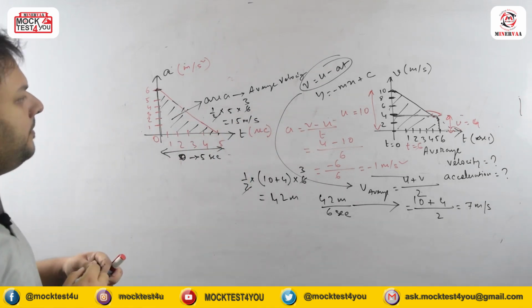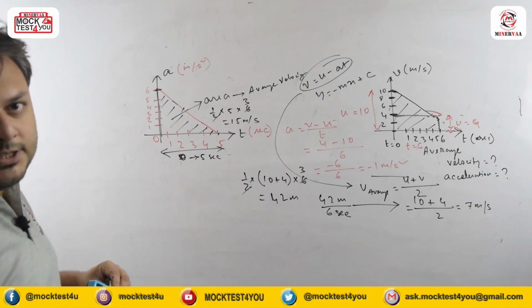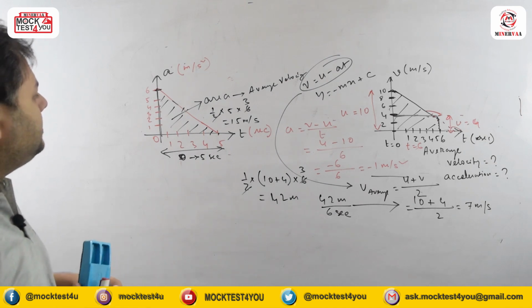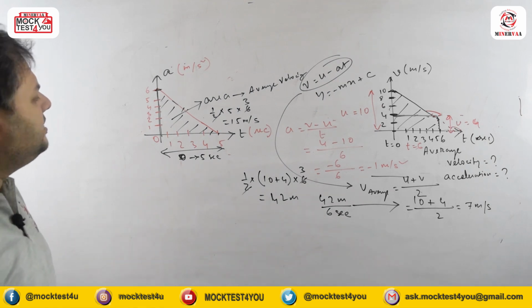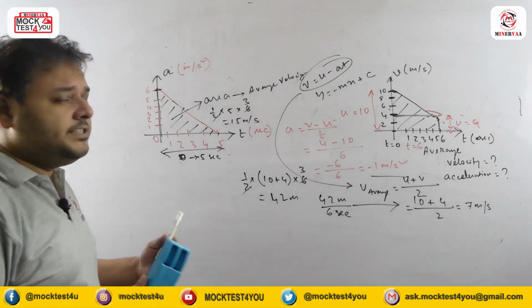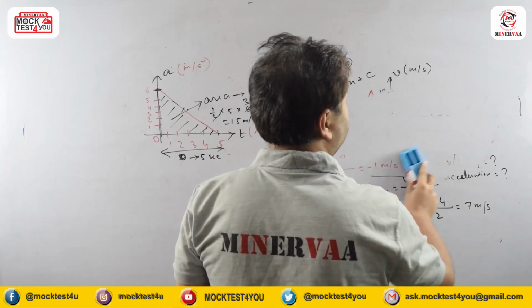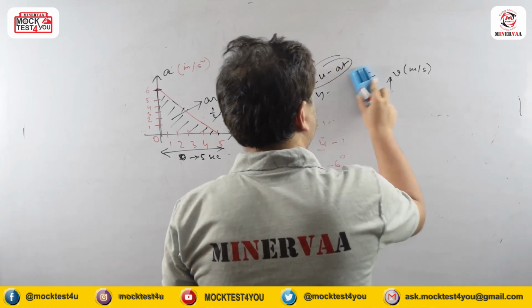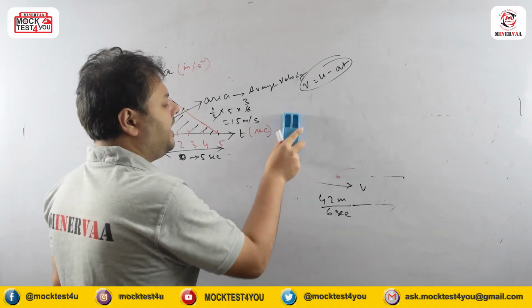So this type of problem, what we notice from this particular approach, it is 15 meter per second. So when acceleration is changing with time, it will be changing like this. This is a very, very important type of problem, and I hope it is clear to you how these graphs are helping us